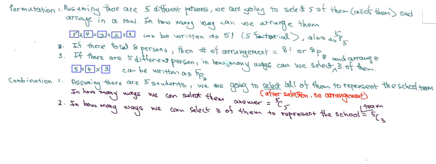sometimes a question can be both combination and permutation. You could start it off as a combination question, and then later with an additional condition given, it becomes a permutation question. Okay? Now, let's look at one example. Let's talk about selecting out of the 5 students. We are going to